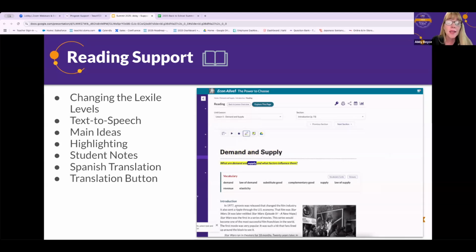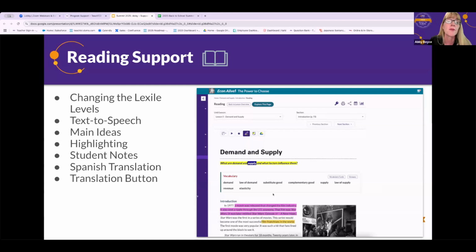We also have the highlighting tool. Again, if you're reinforcing the main idea, you can show those supporting sentences. Anything that students do in their digital account is automatically time-stamped and saved, so they can print this out and study it. They also have the ability to add a note. We do have the Spanish translation that's trans-adaptive, so the entire page will translate into Spanish, and it's not an AI, computer voice.